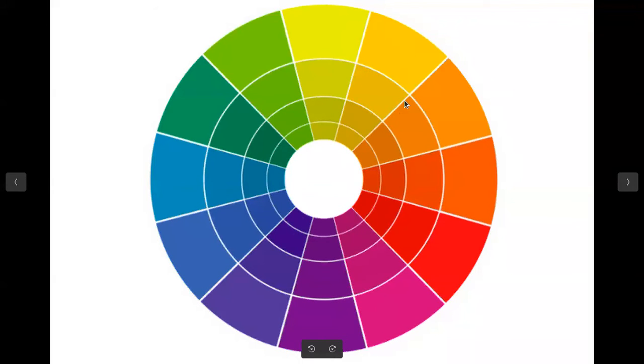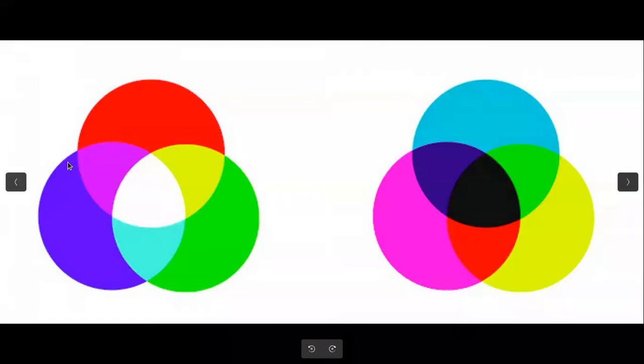This is something called a color wheel. This we see normally when we are picking any specific color from photo processing software like Photoshop or GIMP. We see this. What is the meaning of this? Let us say when primary colors are mixed in equal quantity, they produce a secondary color. Red and blue, when mixed in equal quantity, produce magenta. Similarly, red and green mixed in equal quantity produce yellow. Green and blue mixed in equal quantity produce cyan.